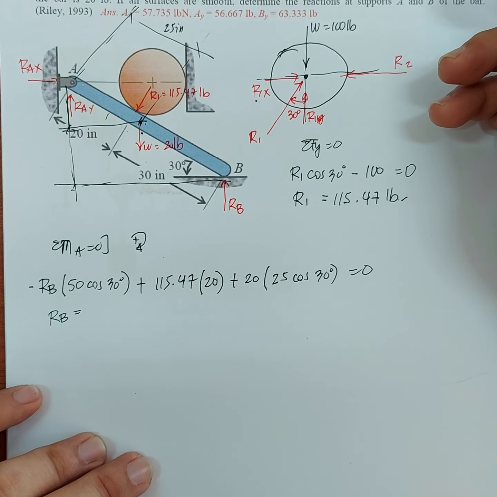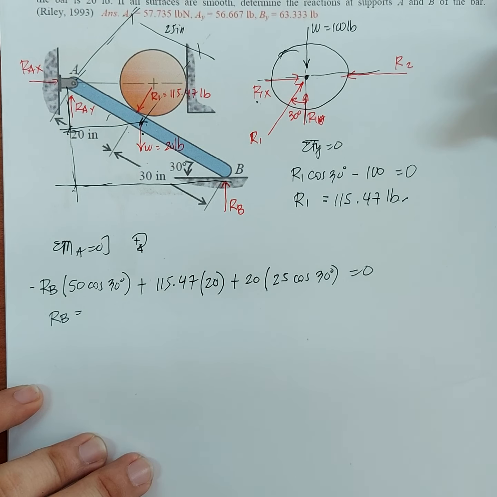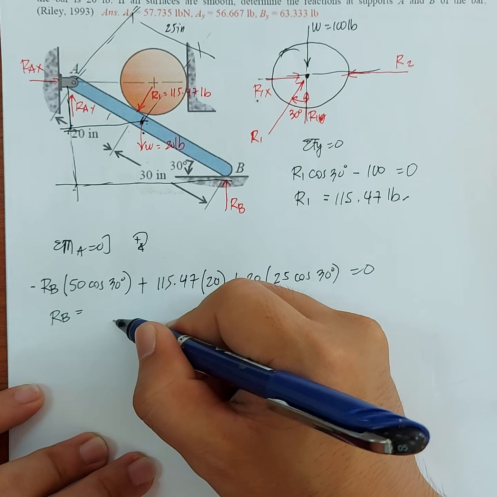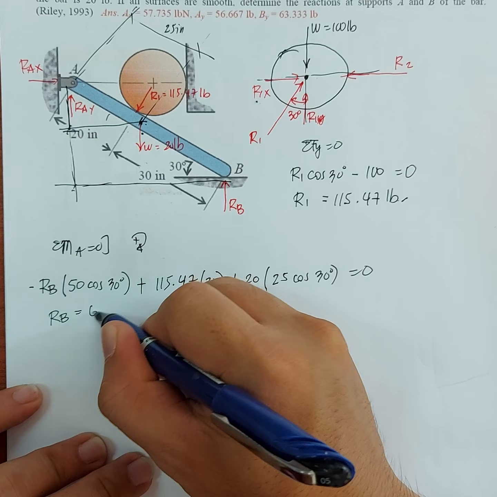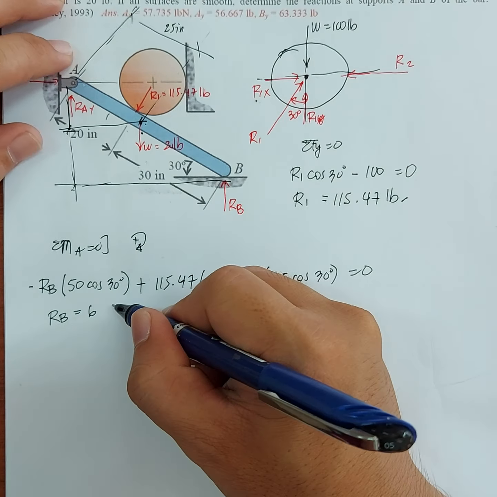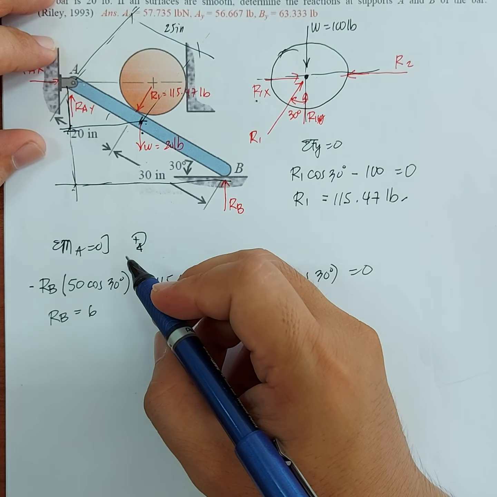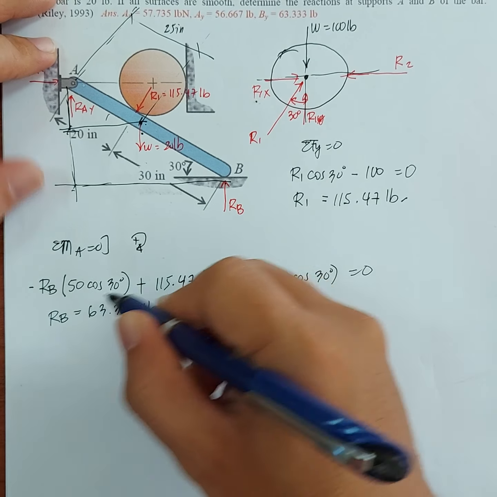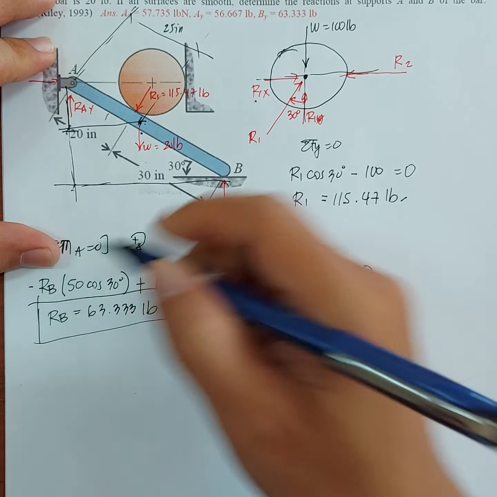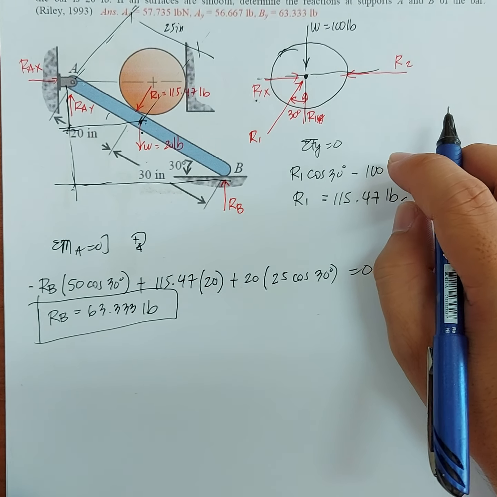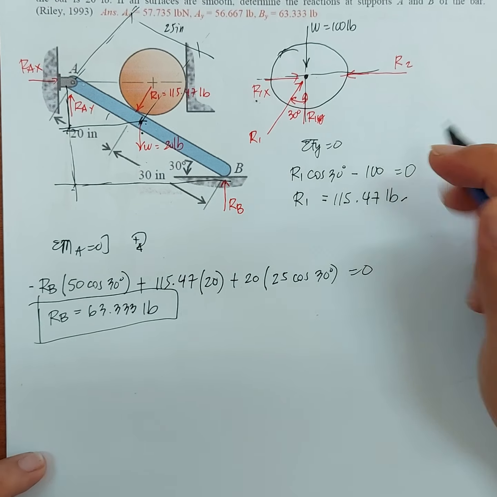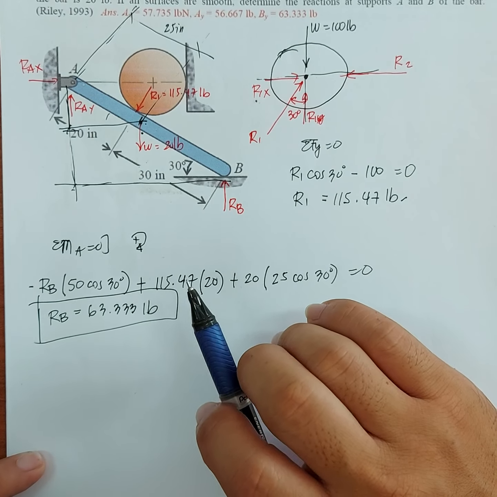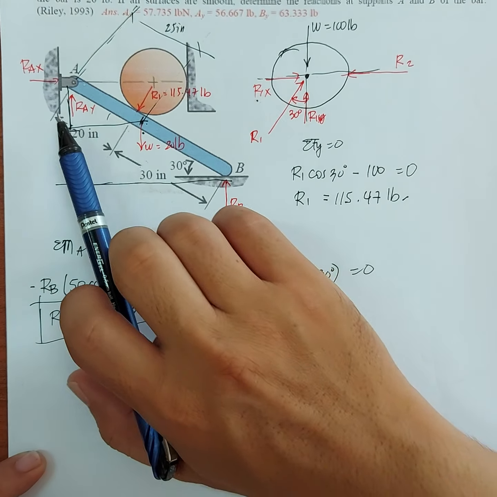Sorry. That is 63.33. Ayun pala yung sagot. So anyway, yun ang lalabas sa ating calculator naman. So 63.333. So that is the reaction at smooth surface B. And now we can now use the other conditions of equilibrium to solve for the reactions at